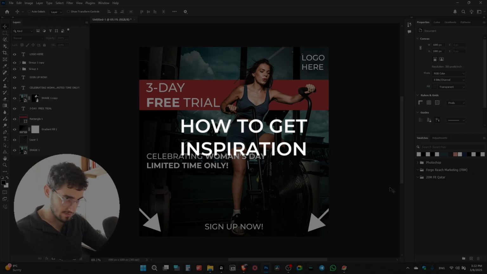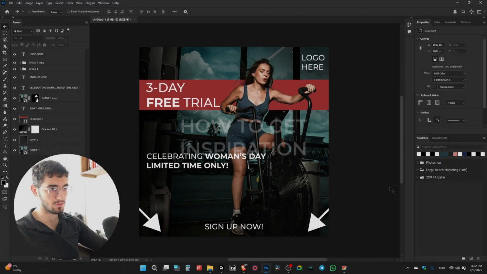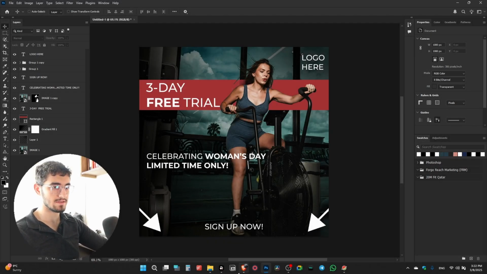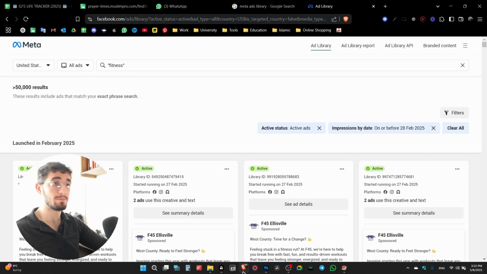In terms of inspiration, the top tool, or I should say website, for that is actually just go to the Meta Ads Library. Now, when you enter the library, you will have to select your location, then you select